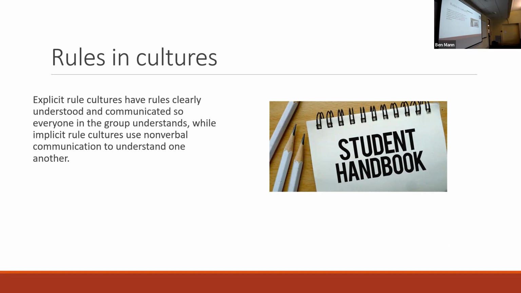In a more implicit rule culture, similarly to higher context culture, there's a greater emphasis on nonverbal communication, right? People are using things such as cues, trends, patterns, and so on to develop a sense of how people should behave, right? We can think back to some of the examples you all gave last class, right? We had folks like Jade who brought up the way that depending on the club that you're a part of, there's just a norm or expectation that you're going to dress appropriately and bring the proper gear to do something like rafting or to do mountain climbing or to do another activity, right?